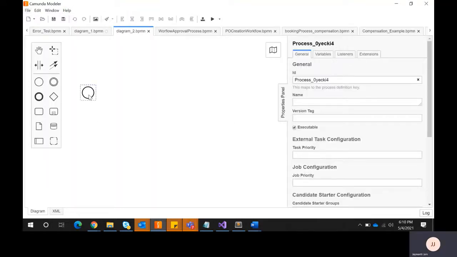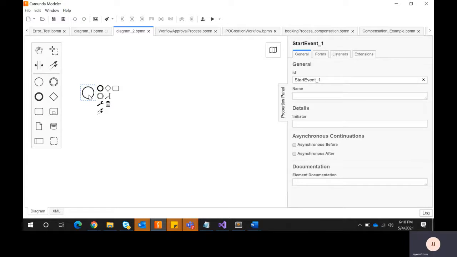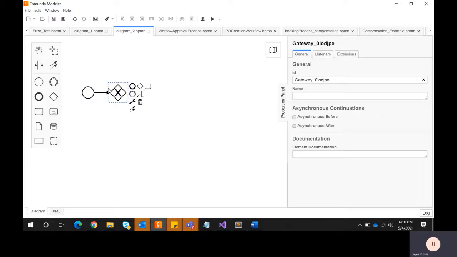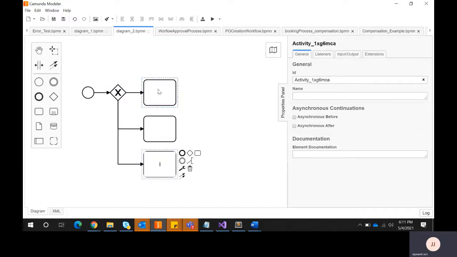Assume this is the start point when the process is invoked. Here we have a diamond shape. If we want to have multiple flows, say three flows, and we need to decide which flow to go down, then this is the decision gateway we have to use.